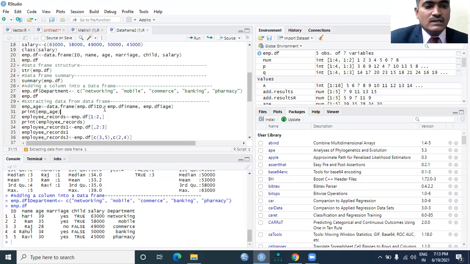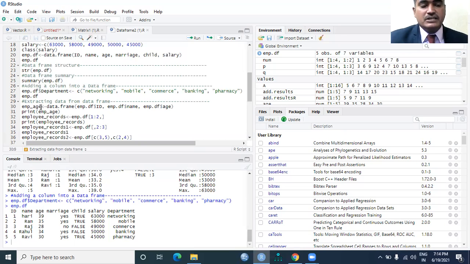So what I would like to include in the employee_age variable is, from employee.data frame, I want ID. From the employee.data frame file, I want name. And from employee.data frame, I want age. All these three different columns I'm going to assign to employee_age.